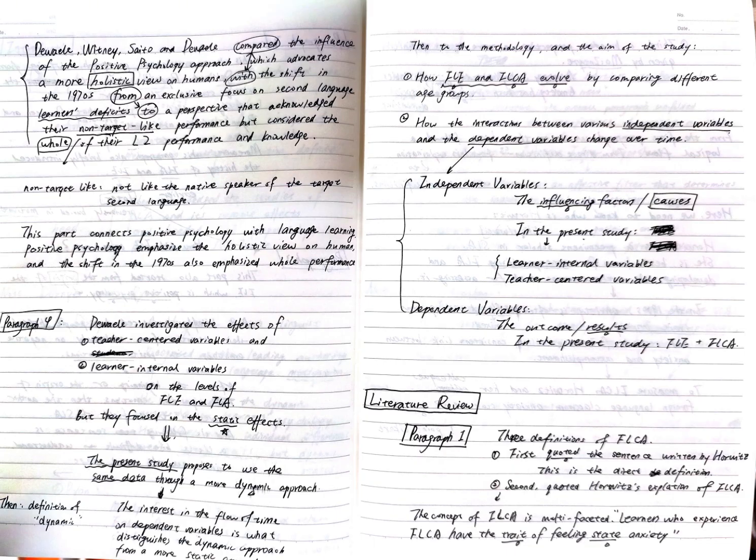So firstly, the author quoted the sentence written by Professor Horowitz, and this is a kind of direct definition. And second, the author quoted Horowitz's explanation of FLCA, because definition sometimes is a little bit abstract. And then the author also used the explanation given by the same person to explain what FLCA means. And after those two definitions, which is the combination of one direct definition and another explanation, the author moved to another preeminent scholar who also gave a definition